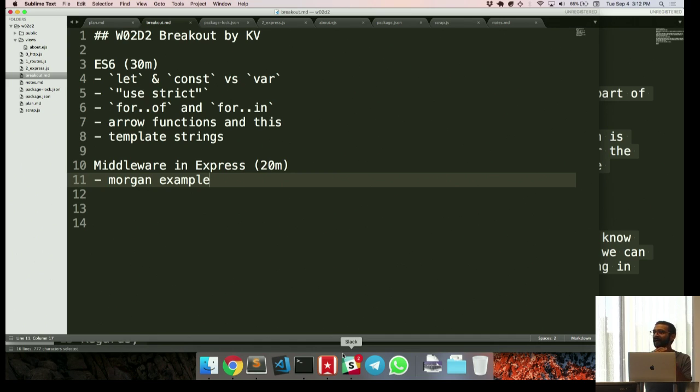Already did a little bit of that, but I kind of skipped it in lecture in terms of explaining. For of, for in terms of looping strategies, arrow functions, and template strings. There's a bunch of other stuff in ES6 that we could go into but won't yet because we believe in just-in-time learning. So, learn it when it's relevant, as much as possible anyway, right?